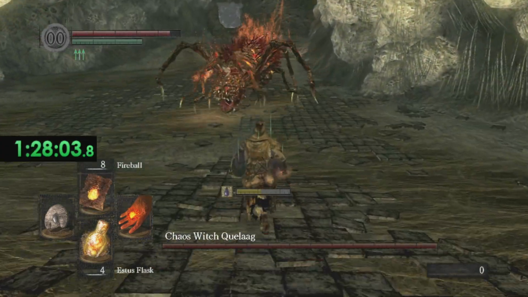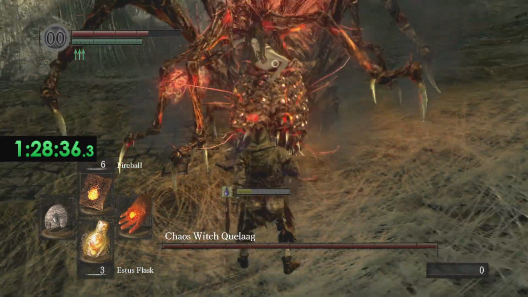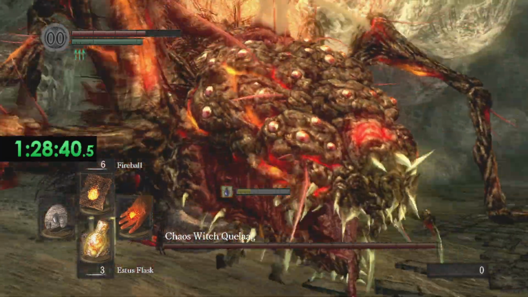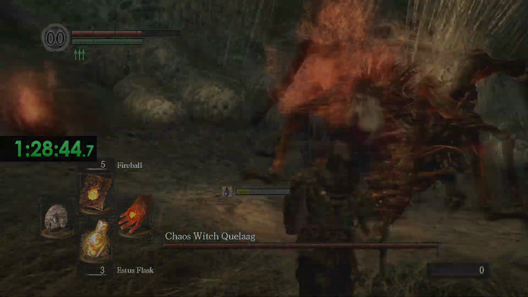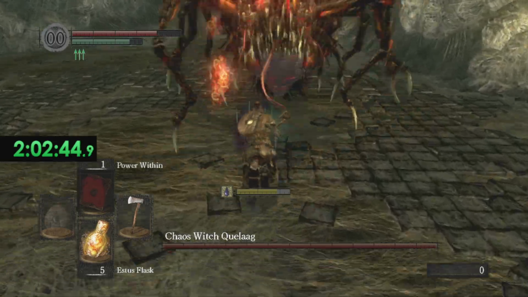Subsequently, we enter Chaos Witch Quelaag's fight in Blighttown. Let's go for a fireball attack, and what is this? Yep, it appears that she is pyromancy slash fire immune. So yeah, that is the run. Thanks for coming. No, but seriously, we are going to keep going, and I'll put a counter in the top